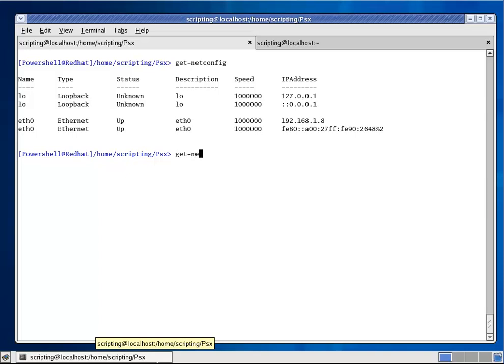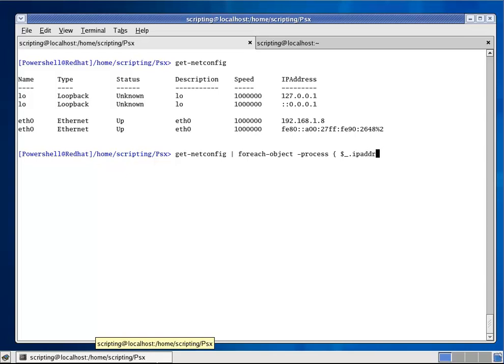We have to get netconfig and pipe all the objects to ForEach-Object and process each object to extract the property